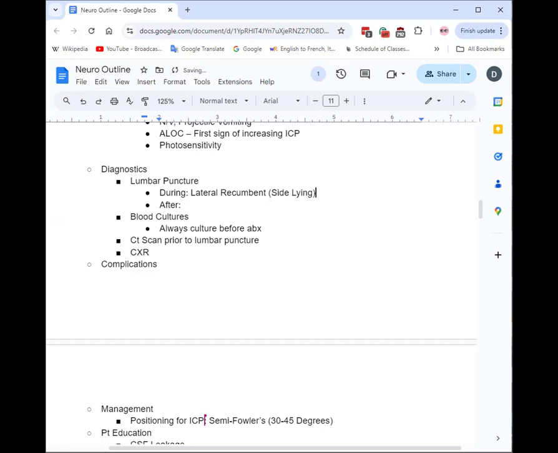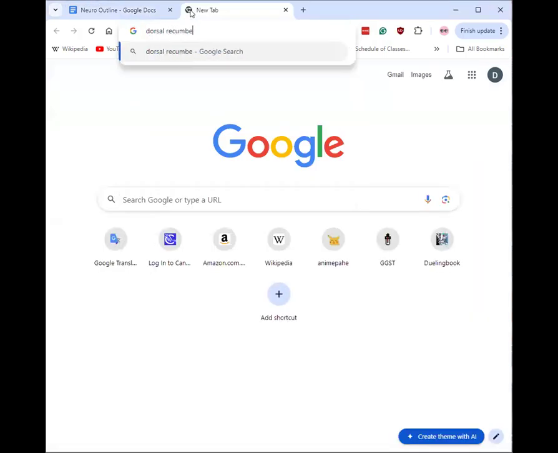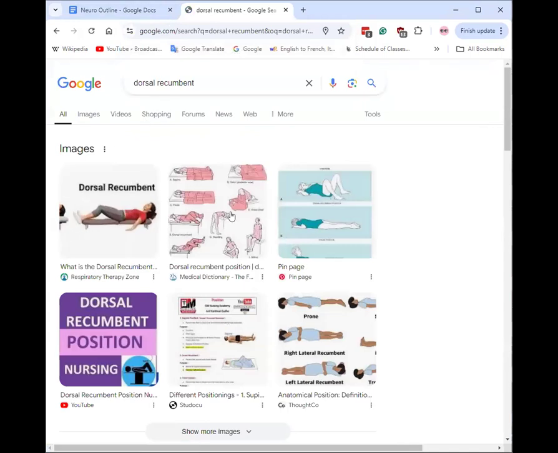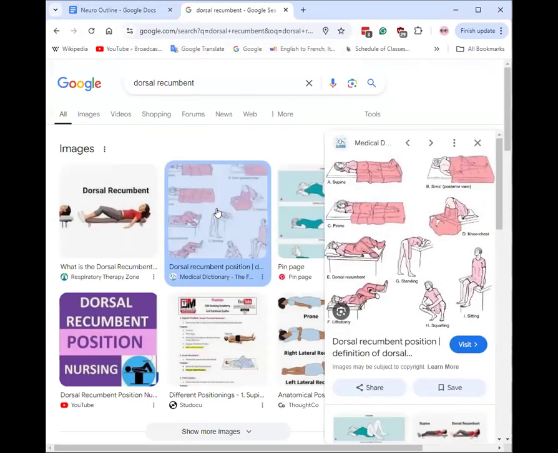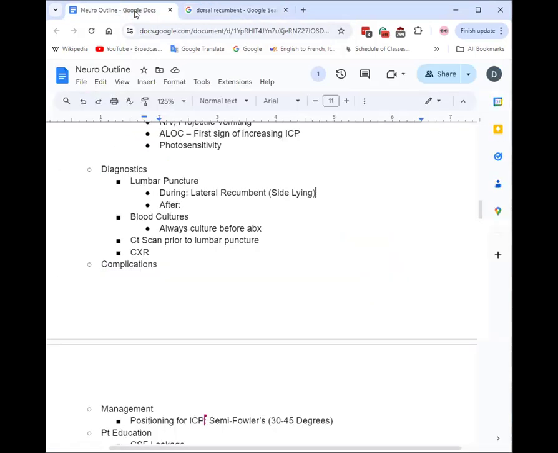Okay. I'll wait until maybe you guys get some answers in. Dorsal recumbent before, after. I don't even know what dorsal recumbent is. Let's see. I think it's referring to having the knees tucked in a little bit more. Like the lateral one is going to be with the knees closer to the chest so that they can get in between the spine bones.